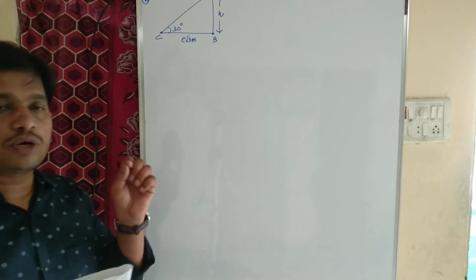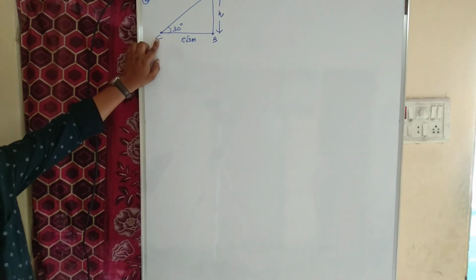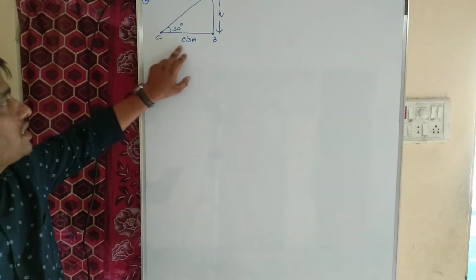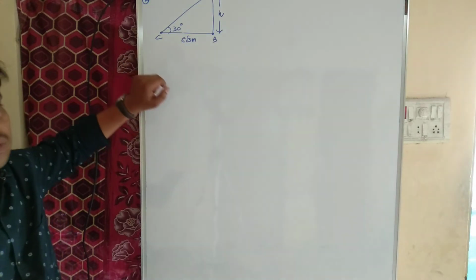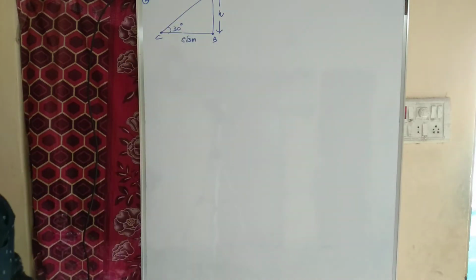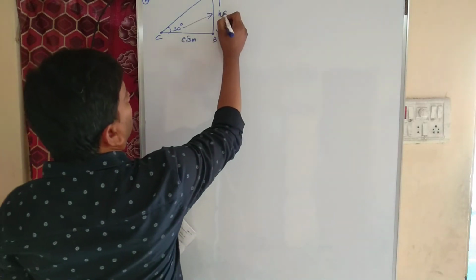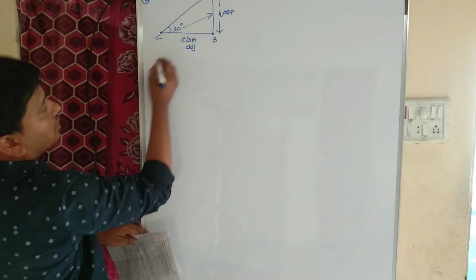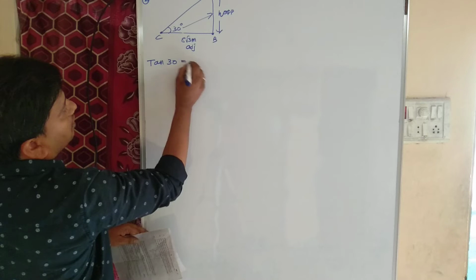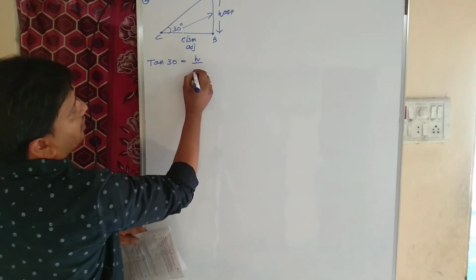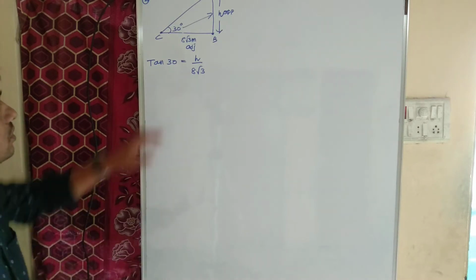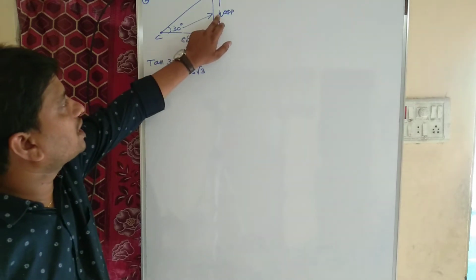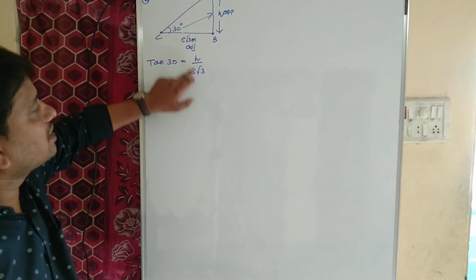Children, once again let me repeat the question. Pappu observed the top of a pole at an angle of elevation 30 degrees when the observation point is 8√3 meters away from the foot of the pole. Then they are asking to find the height of the pole. This side will be the opposite side and this side will be the adjacent side, right? So I can use the tan ratio. Tan theta is nothing but the opposite side to the adjacent side. So the angle is 30 degrees, the opposite side is the height of the pole and the adjacent side is 8√3.